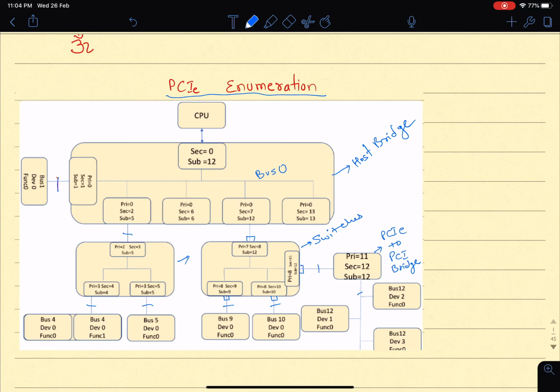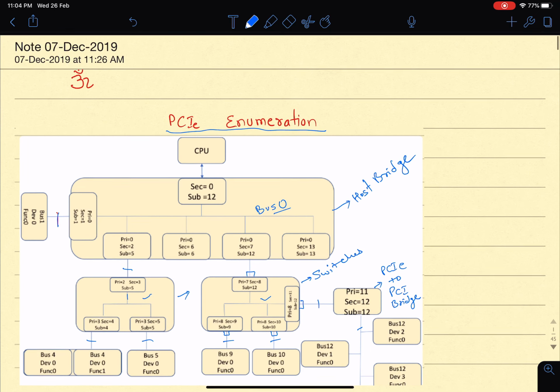The buses inside switches or the host bridge are not PCI buses, so they are internal to the switch, but we consider each as one bus. In a PCI topology we can have up to 256 buses,